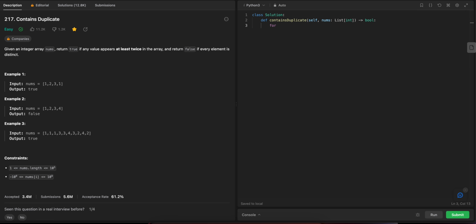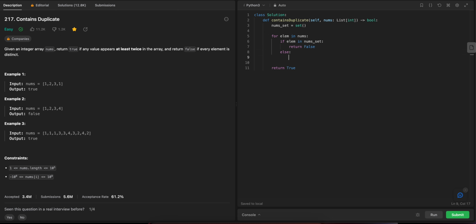For element in nums, if element in nums_set, return false, else return true. Now this nums_set will be our empty set in the beginning,